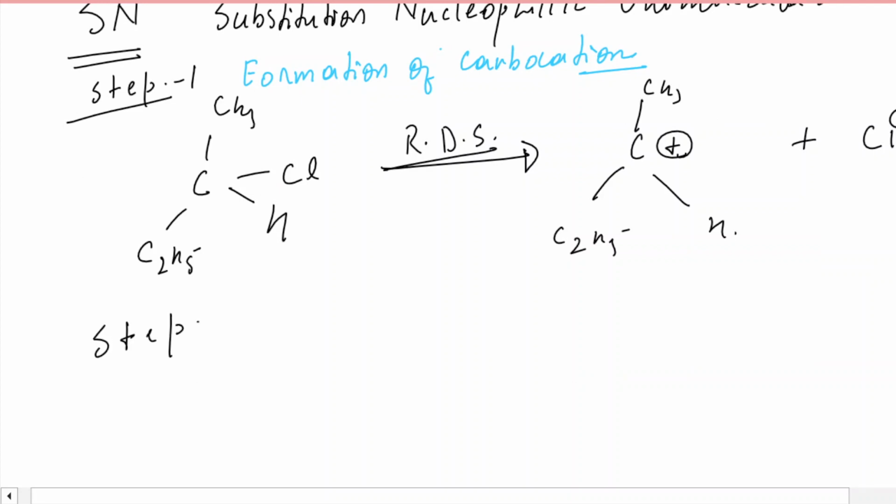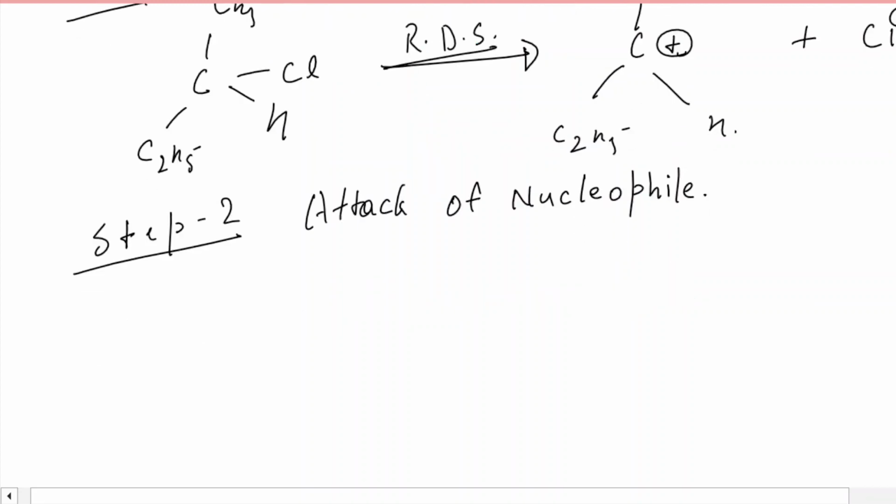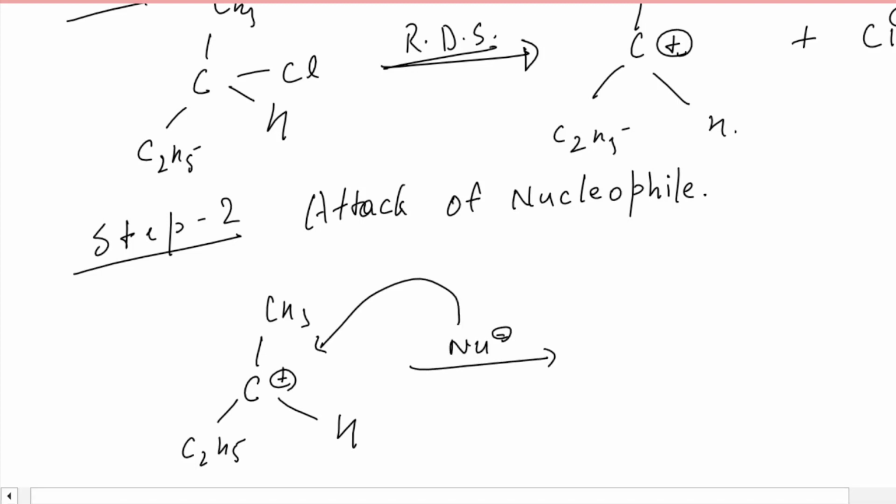Next is step number 2, that is attack of nucleophile. Attack of nucleophile will be on the carbocation formed. So in this carbocation, the nucleophile can attack from both sides. So there is 50% probability for the nucleophile to attack from both the different sides. Hence what this forms is,